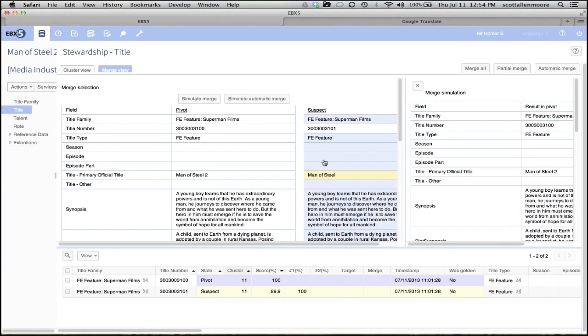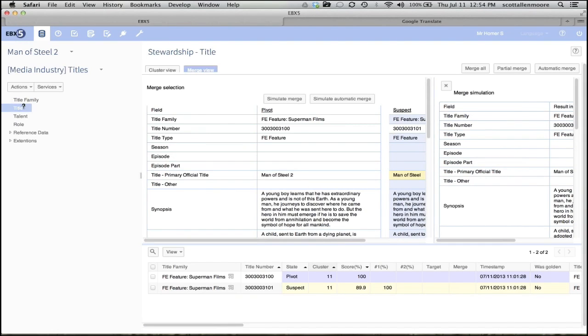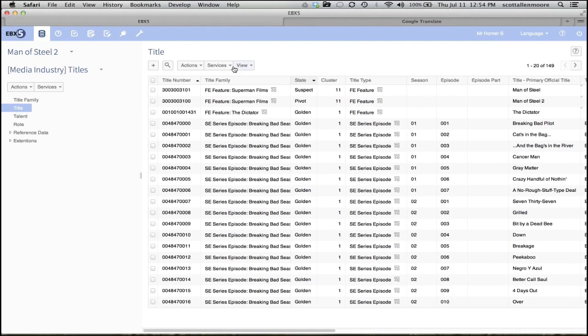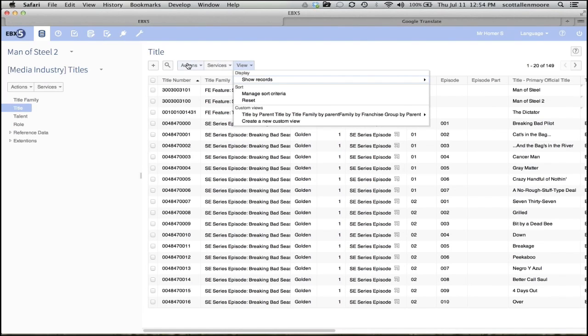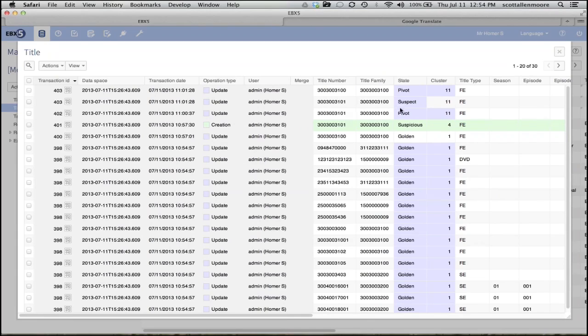Another thing that's important about this is history. You want to know not only what merges happened and how can I undo them, but also what changes happened and who did them and what workflows, etc. So we do allow history. If I click on the history button, I can see actions view history, who changed what and when. It's color-coded. I can see which ones had become suspects, when a record was created, deleted, who did it, etc.